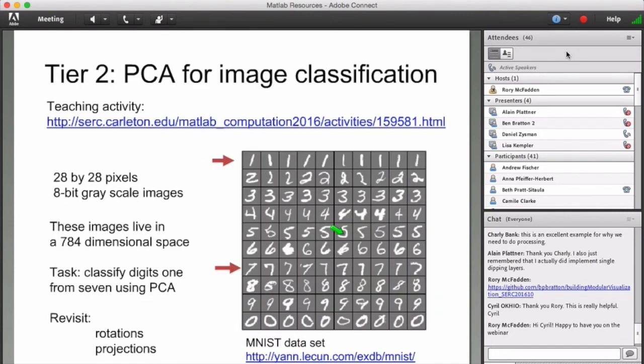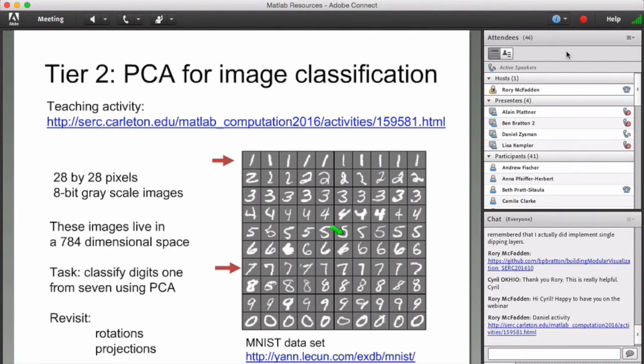So now I'm going to talk about the tier 2 approach. And in this case, I'm going to show an activity for doing PCA for image classification. And this is the fun part, at least from my perspective, and usually from the perspective of the students as well. So basically here I'm showing